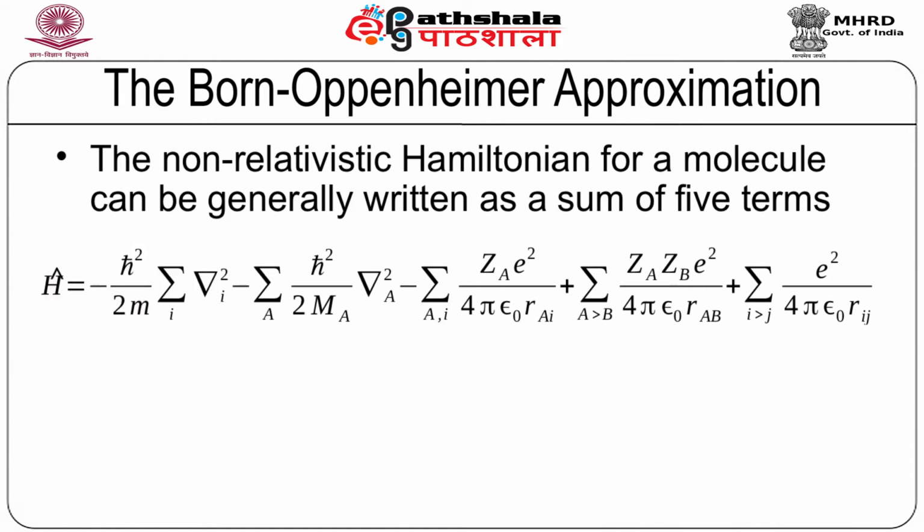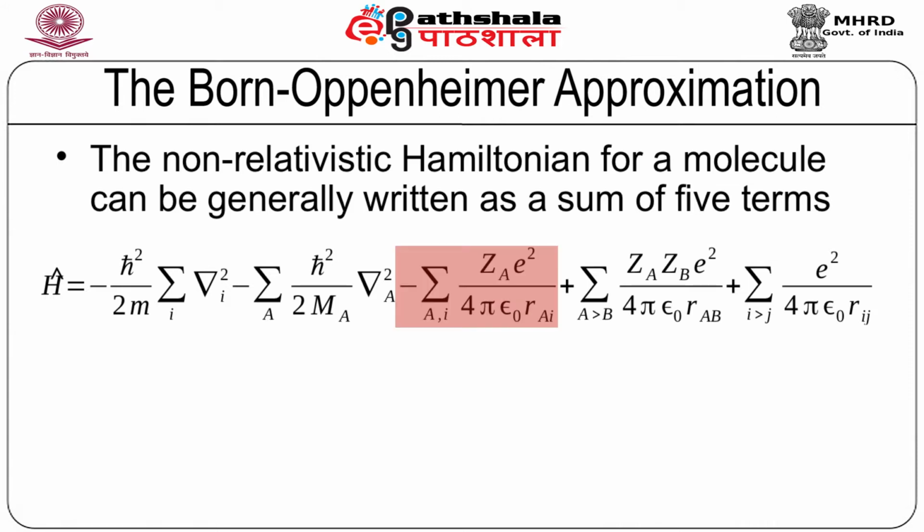This corresponds to the kinetic energy of the electrons. The next term is minus sum over A h bar square by twice M_A del A square. This corresponds to the kinetic energy of the nuclei,